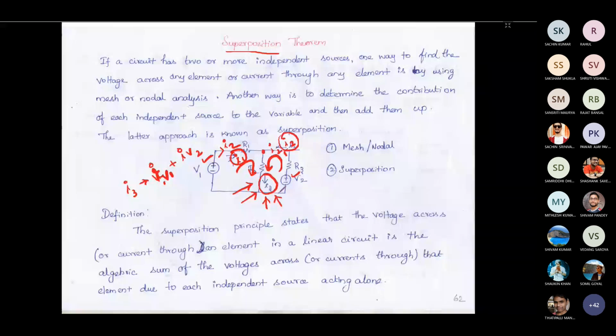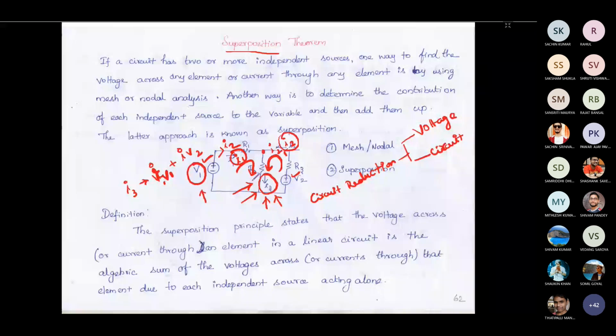But here we are going to use circuit reduction, or we can apply current division and voltage division, everything we can use in order to find the current or voltage, whichever is required. So what we are doing here: we are having n number of sources, we are going to remove one source and consider only one source at a time. Let's say that I'm having a source, that is V1. Then what is the contribution of this source to this I3, that I'm going to find out.